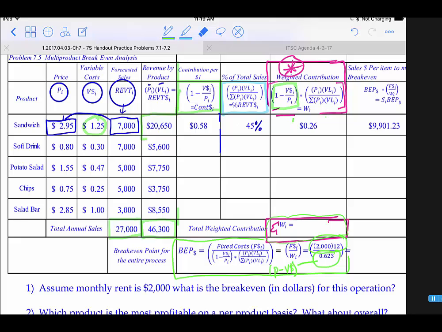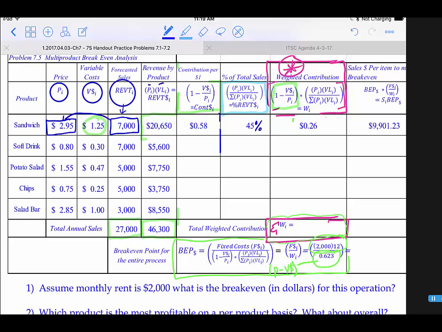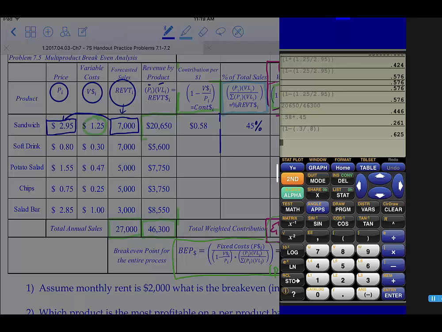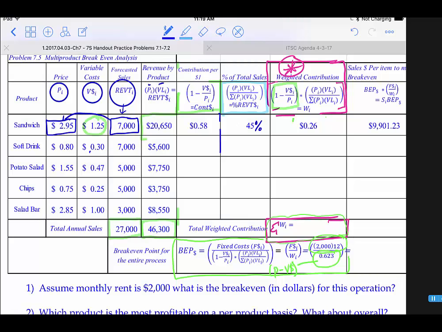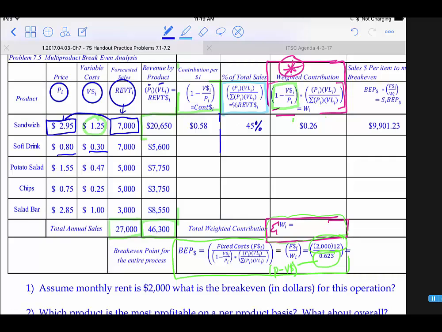Okay, so we'll start here with the soft drink, and we know that we have to calculate the 1 minus V over P. So we pull out our trusty calculator, and type in 1 minus 0.3 over 0.8, because the variable costs are 0.3 and the price is 0.8, and when we calculate that out, we get 0.625. So we'll put in here